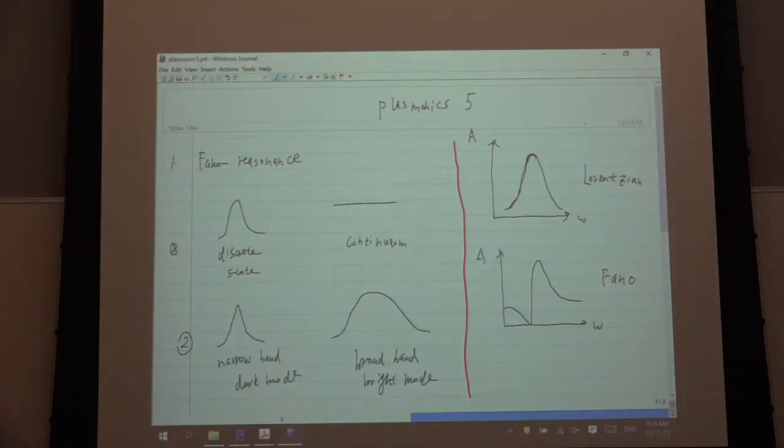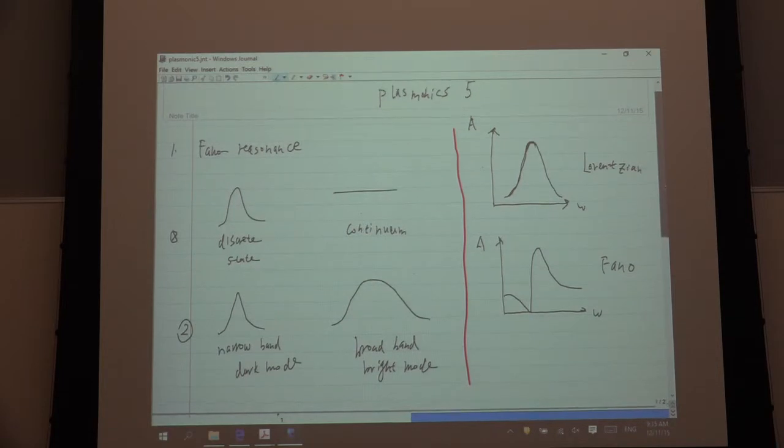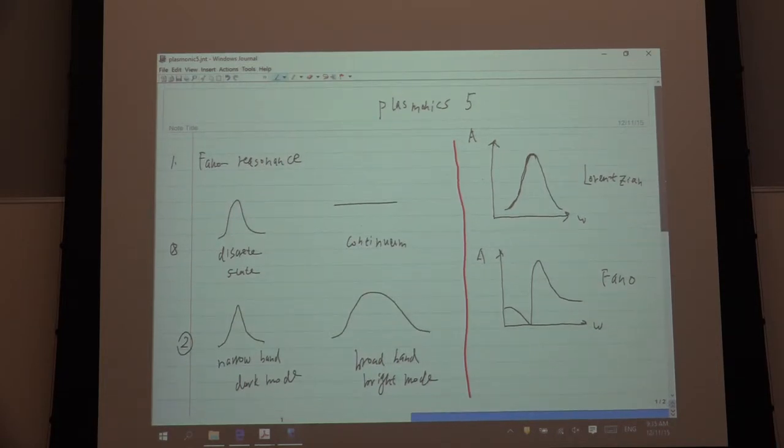In the last lecture, first we talked about Fano resonance. This is a very important physical concept. Everyone knows that if we only have one resonator, we have a Lorentz shape, a spectral line. The A means the amplitude of the mode. The A also can be represented by the extinction cross section or absorption cross section or some kind